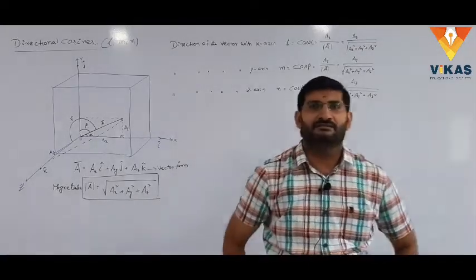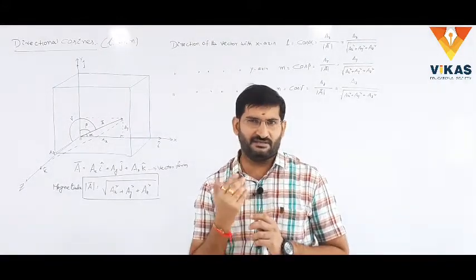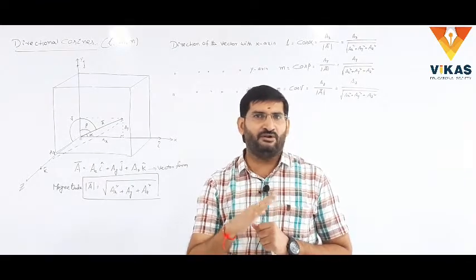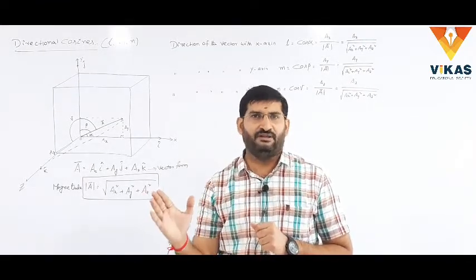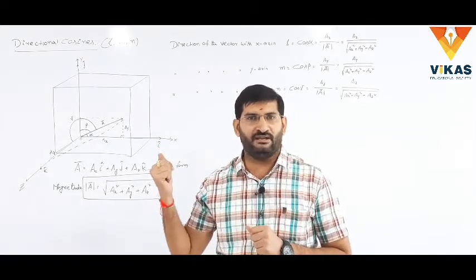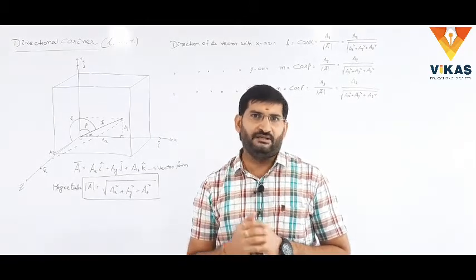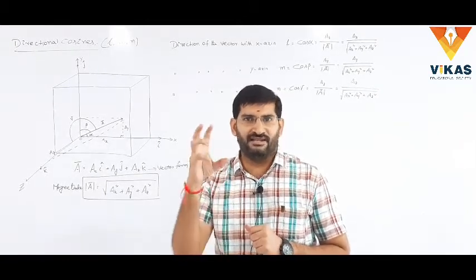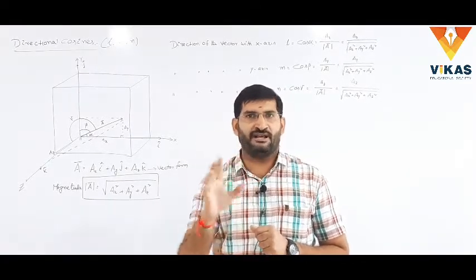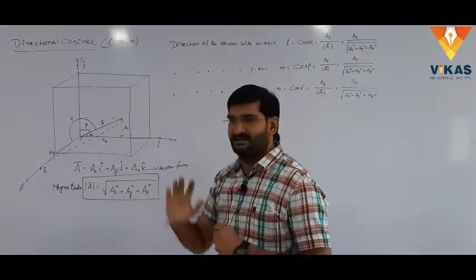Dear student, understand? Let us consider a vector which is in three-dimensional manner. For suppose we consider the two-dimensional vector a bar equal to ax into i cap plus ay into j cap, that vector which only lies in the xy plane. Here we observe clearly, we consider the cube which is a three-dimensional body. The three-dimensional body is placed at the origin of the three-dimensional coordinate axis. The three-dimensional coordinate axis is as shown in the figure. This is x-axis, that is y-axis, and this is the z-axis.